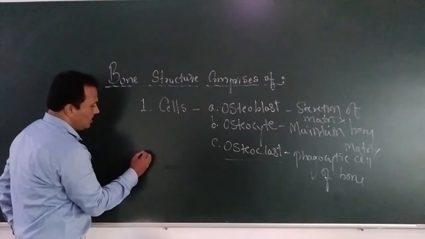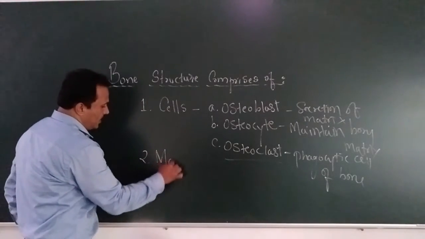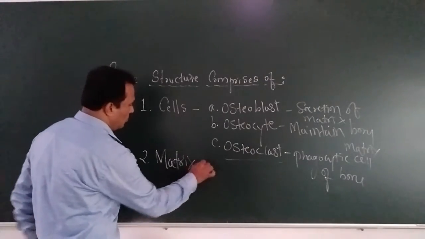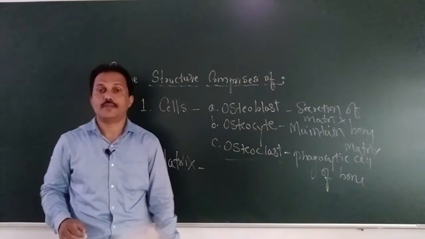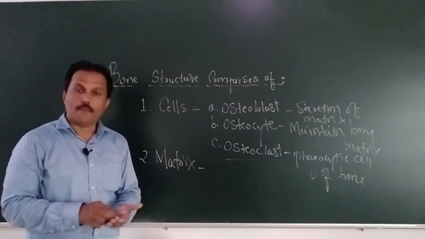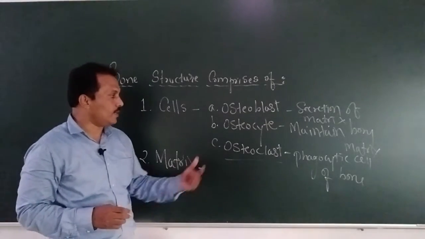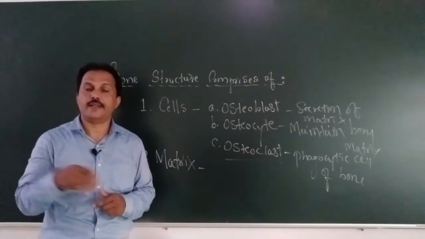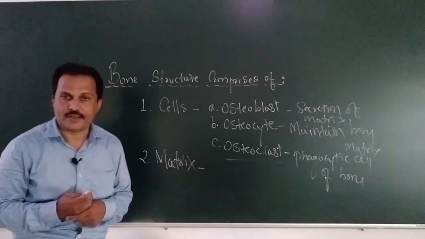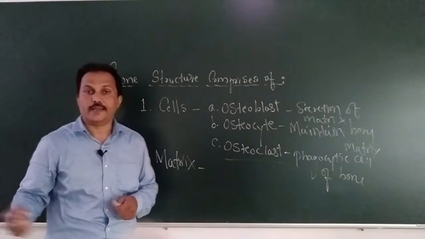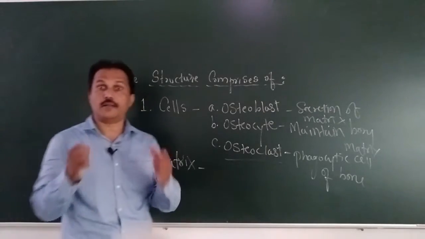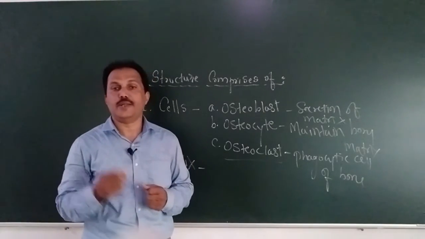Apart from this, there is a matrix, that is a very important substance present in the structure of bone. What is this matrix? Matrix कौन secrete करता? Matrix, it is secreted by the osteoblast. In between two cells, the area is filled with the matrix. Already we have discussed in the connective tissue. This matrix, in case of bone, it is a very hardest substance. You might have seen any bone.